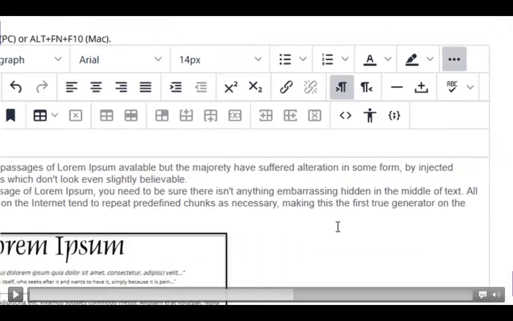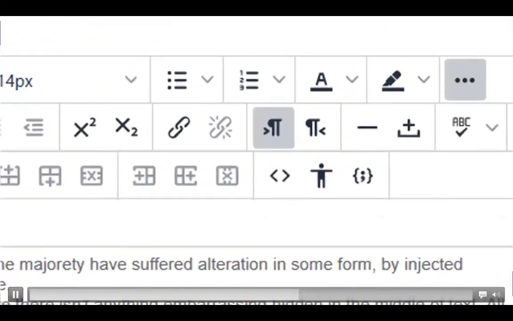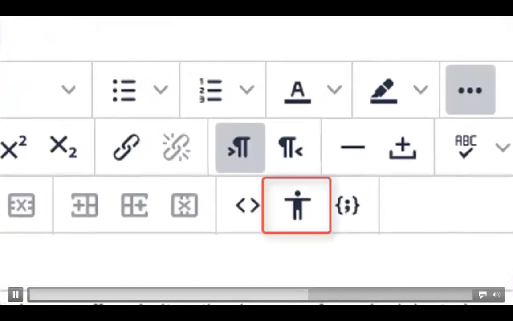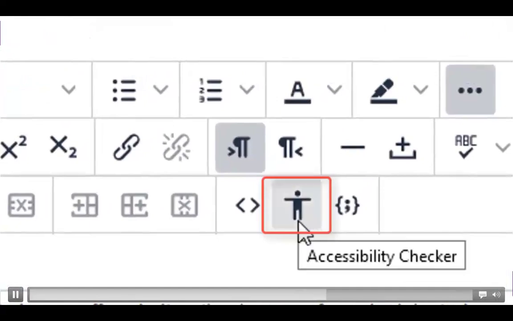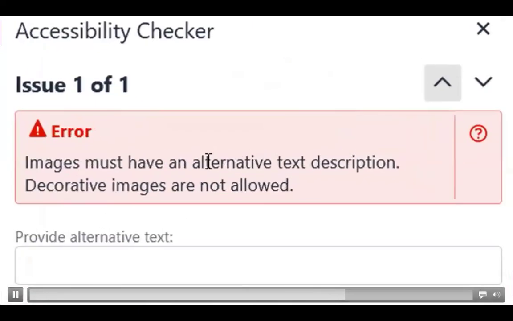Now, how will I be able to check whether I am missing something for accessibility in my content creation? Here is the option you can click, and it will give you errors or information about whether your content is missing accessibility features, with details. Click the accessibility checker that's built into the text editor. You can find it by clicking the little icon of a person with their arms spread on the toolbar. And it tells me that I have